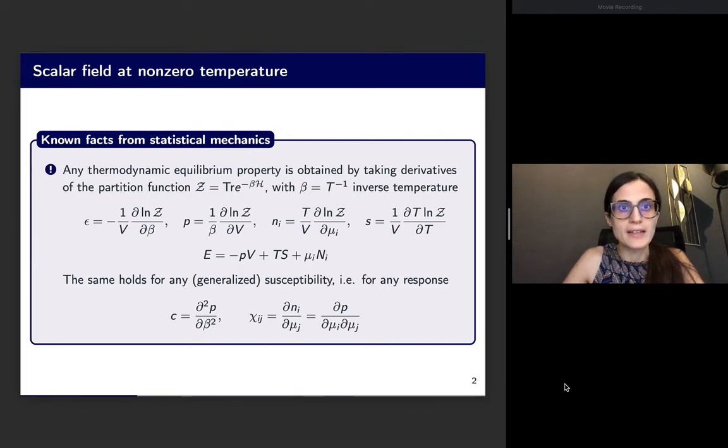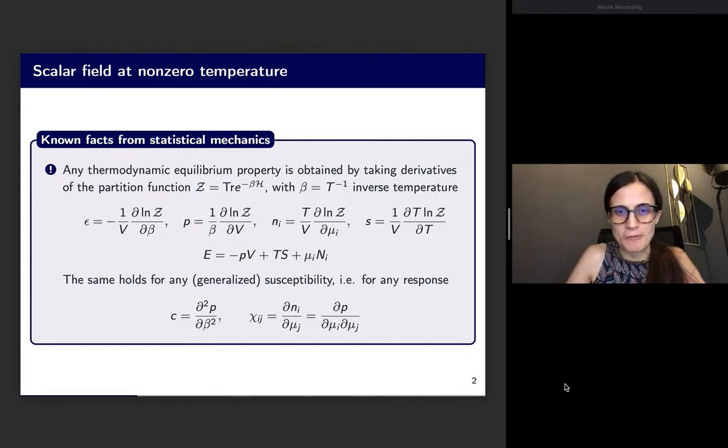We know that any thermodynamic equilibrium property can be obtained by taking derivatives of the partition function, which is written as the trace of the negative exponential of the Hamiltonian, which in front has the inverse temperature written as beta. And at that point, we can already start taking derivatives. If we take derivatives of the logarithm of the partition function against beta, we get, up to a volume factor, the energy density, or we can get the pressure with the volume derivative, or we can get densities taking derivatives against the chemical potentials in a grand canonical picture, or we can get the entropy density by taking thermal derivatives